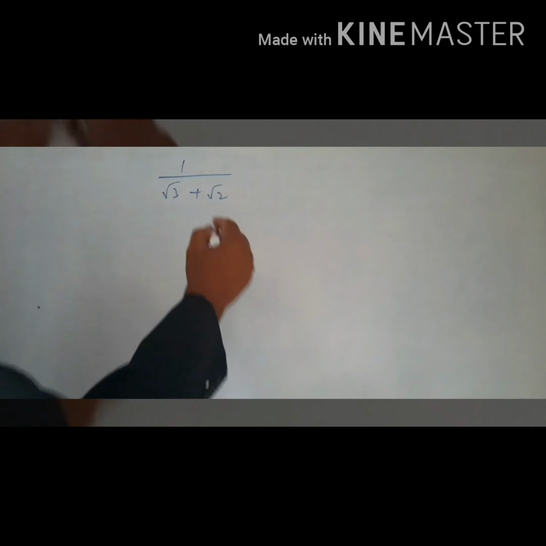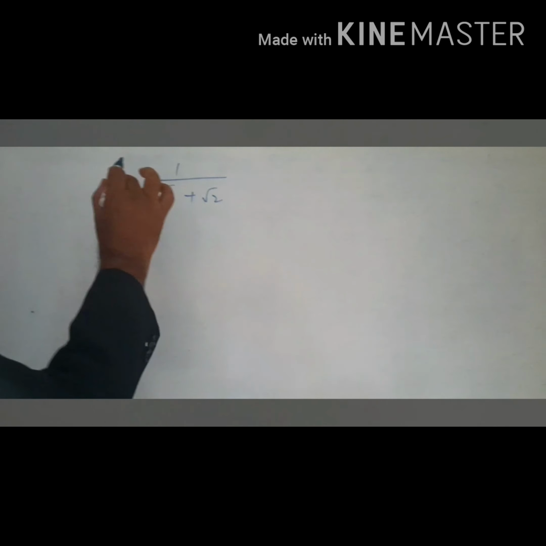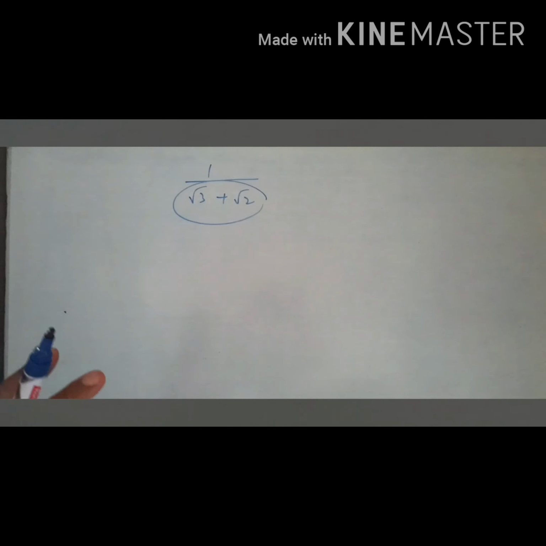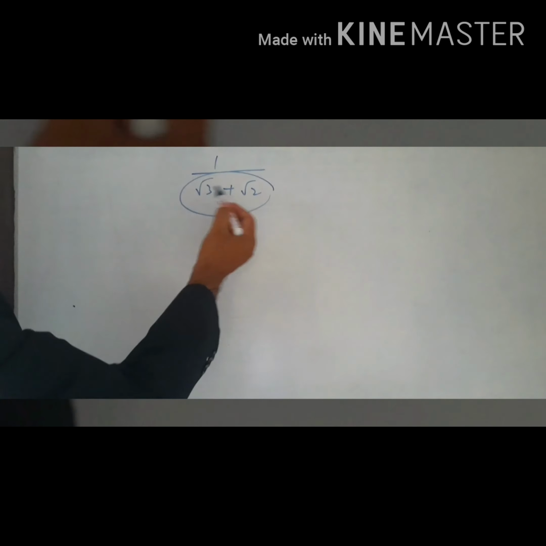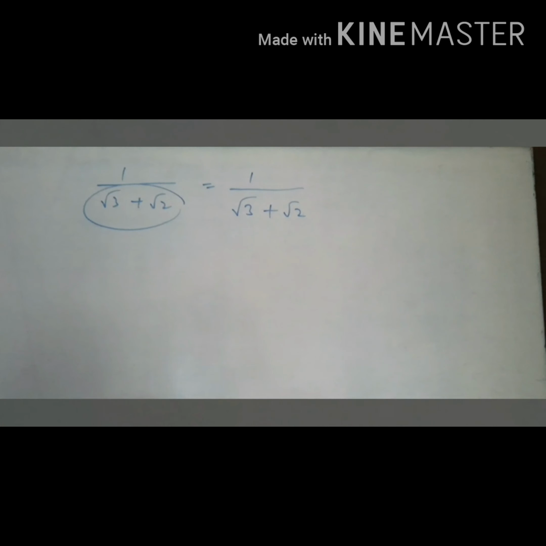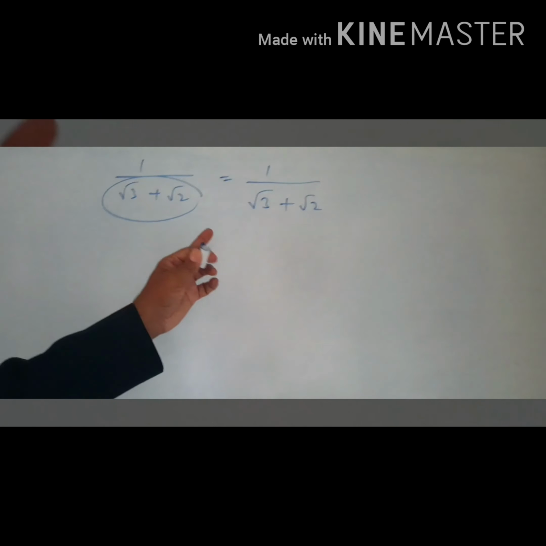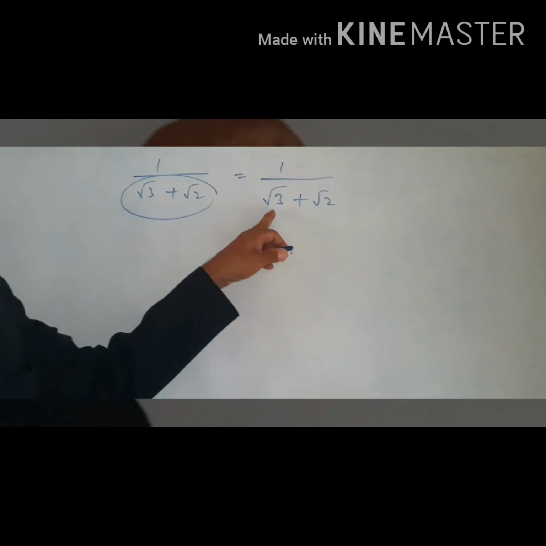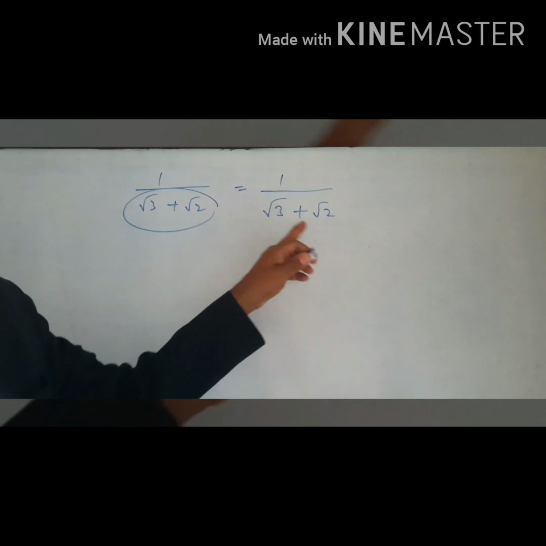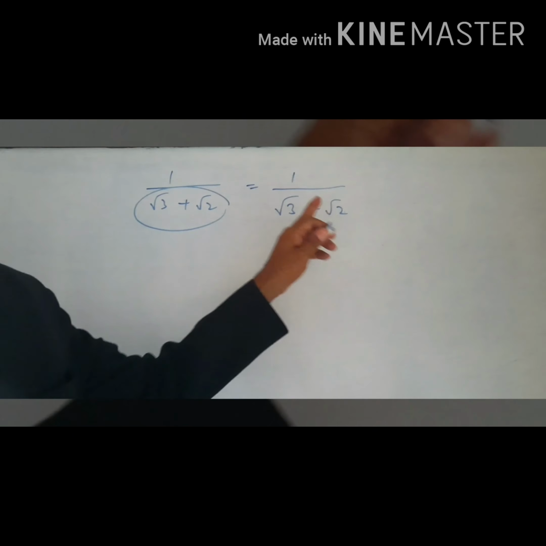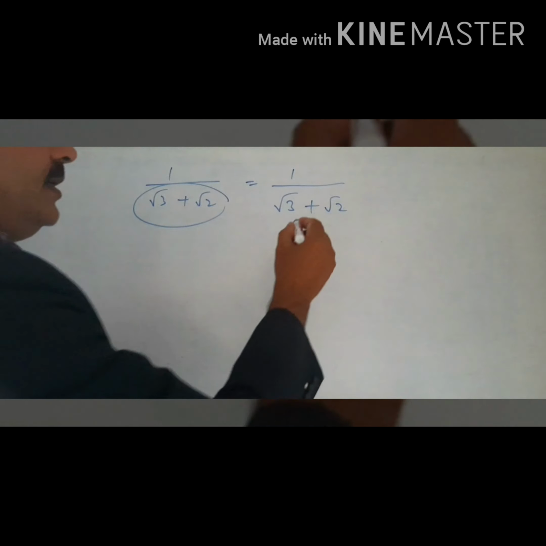Now in case 1 by root 3 plus root 2. This is a binomial irrational number. Binomial means two terms: 1, 2. Now to rationalize the denominator of this binomial irrational number, we have to think about its rationalizing factor. So the rationalizing factor of every binomial irrational number will be with the same terms and opposite sign. Opposite sign means its